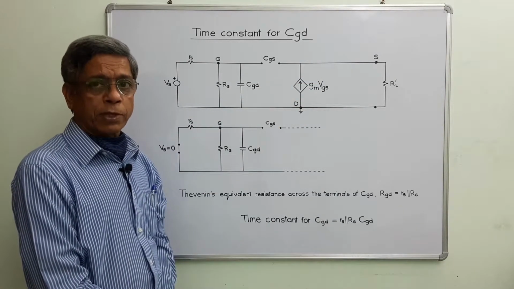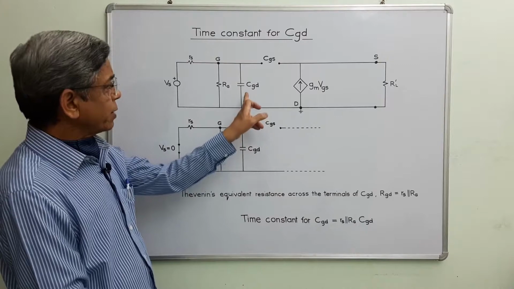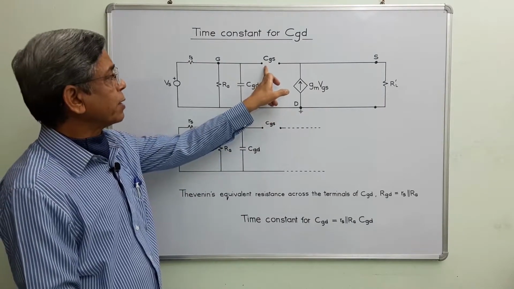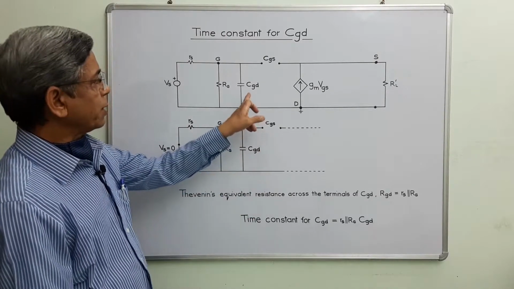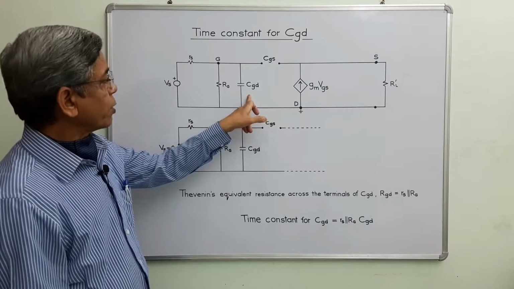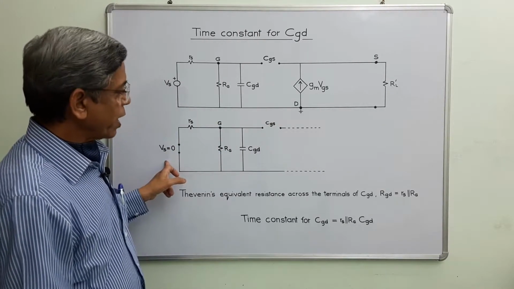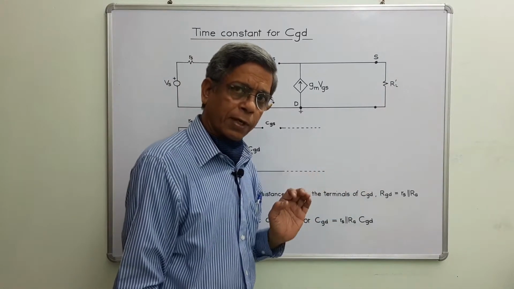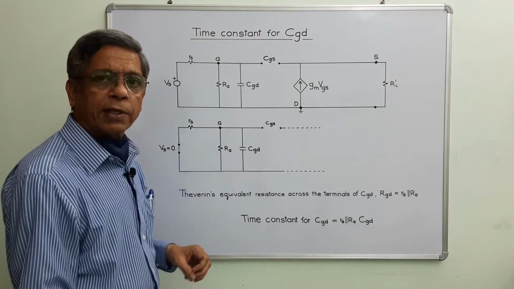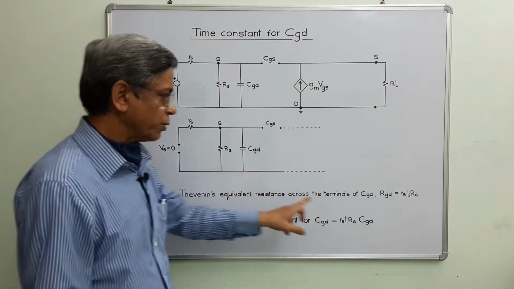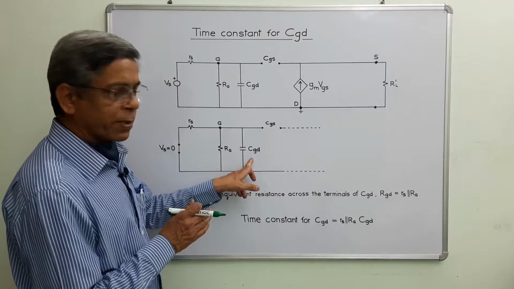Now let us determine the time constant for the capacitor CGD. As per the open circuit time constant method, we have to select any one of the capacitors, which I explained earlier. Let us select this CGD and let us consider CGS as open circuit. Now we are using Thevenin theorem to determine the Thevenin equivalent resistance across the terminal of CGD. So as per the theorem, we have short circuited the input voltage source and need not bother about this part of the circuit. Then the Thevenin equivalent resistance across the terminal of CGD is basically the parallel combination of RS and RG. So this is the value of the Thevenin equivalent resistance across the terminal of the selected capacitor CGD.